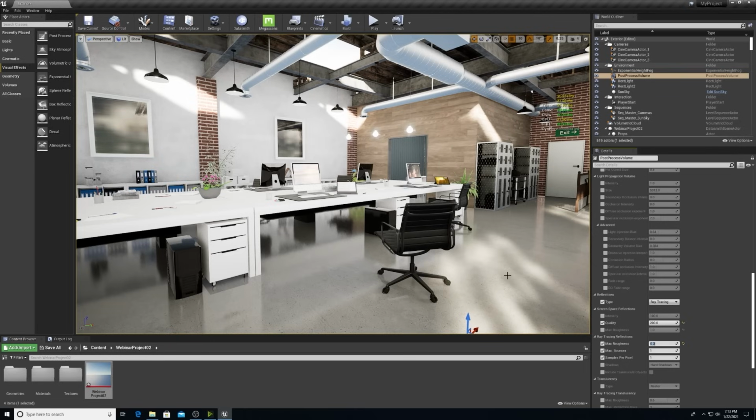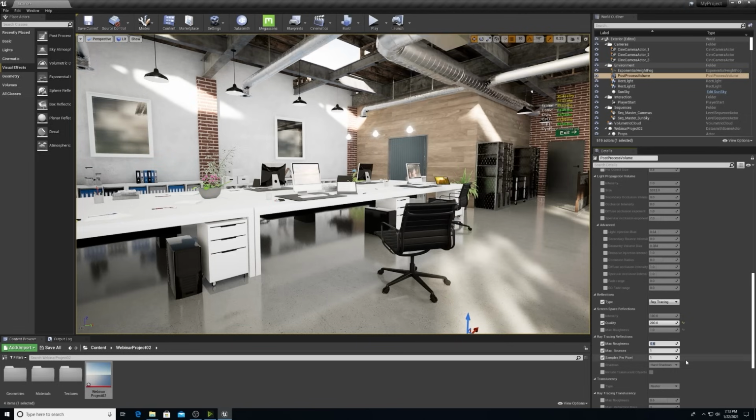So this allows you to have control over performance for parts of the project where real-time reflections are not as important. So I'll go ahead and put this back to 0.6. And I'm going to set the samples per pixel to 16. And you're going to see that underneath the table, things get a little bit clearer, but the frames per second increases quite a bit. So I'm going to set this back down to 2 for a little bit of cleanup without impacting our speed. And lastly, I will turn on ray tracing translucency.